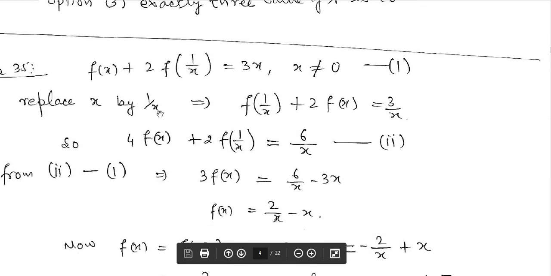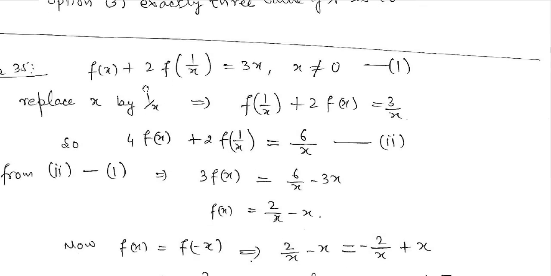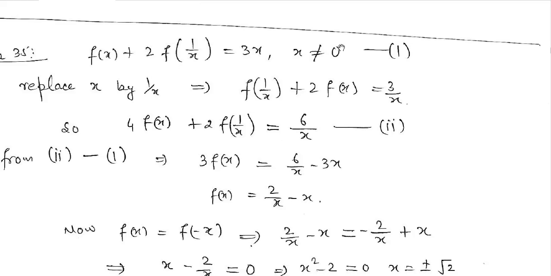In question number 35, this was the function and x is not equal to 0. If we replace x by 1 upon x, we are getting this. Now our aim is to get f of x, so we just multiply this by 2. Hence we get this 4 f of x, 2 f and this 6. Now use equations 1 and 2. We subtract this from this, then we are getting 3 f of x equal to 6 by x minus this,